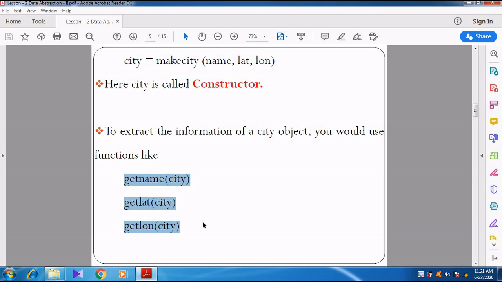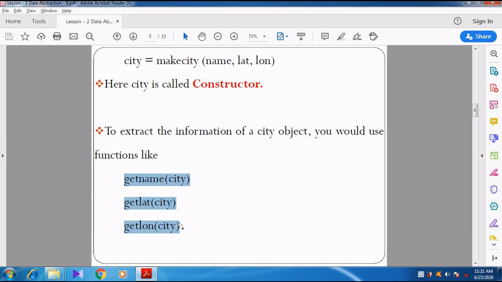City is the object, and from that object we retrieve the information through three functions: get name of city, get latitude of city, get longitude of city.